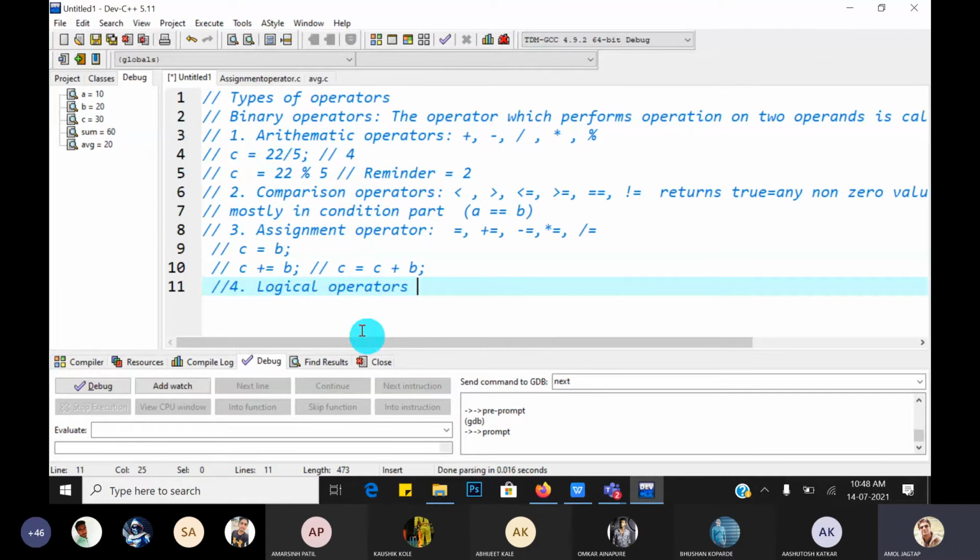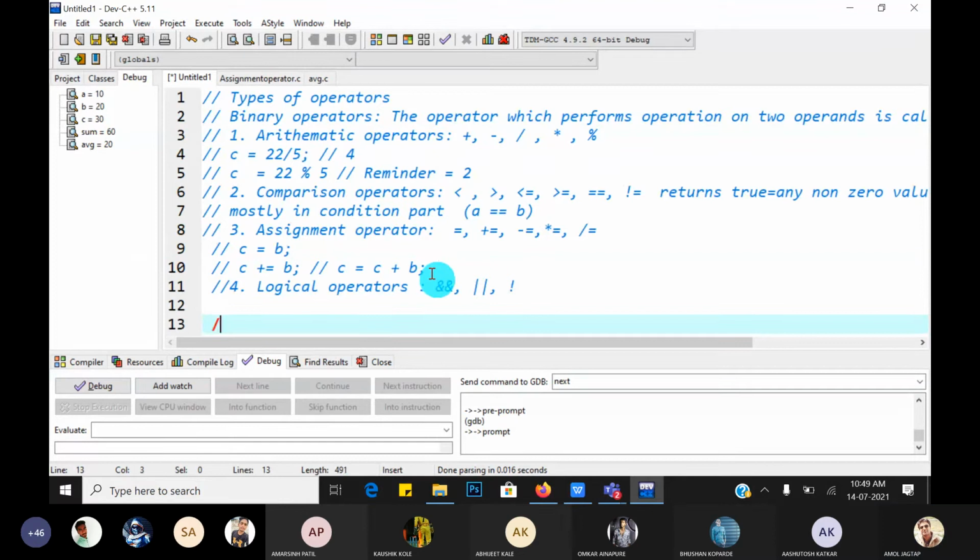These are && (and), || (or), and ! (not). These logical operators are mostly used to combine two conditions. To combine two conditions, the and operator, or operator or not operator is used. We will see how logical operators work in the control statements.